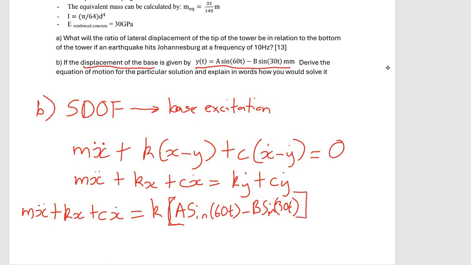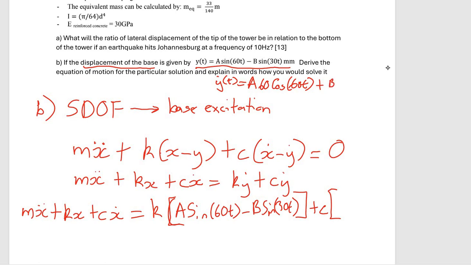Okay, then plus c, right? Then square bracket. Now we need to find the derivative for y dot. So you would have seen, if you do the derivation, that the derivative was going to be equal to, if I can just write it in general here, a 60 cos 60t, the derivative of y, cos 60t, okay, then plus